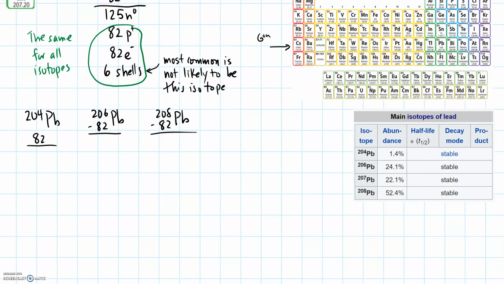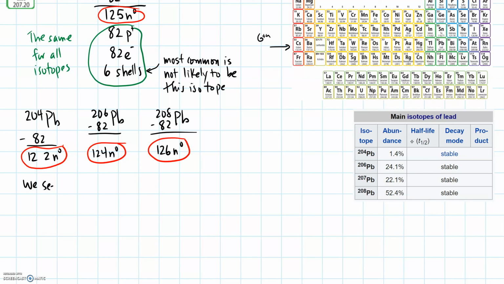So let's go calculate the number of neutrons here. So this guy's going to give me 122 neutrons. This is going to give me 124 neutrons. And this one's going to give me 126 neutrons. So when I compare the number of neutrons, if I look at this guy here and compare them to here, here, and here,